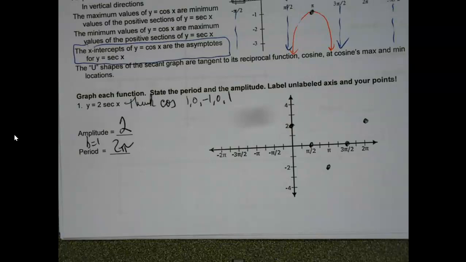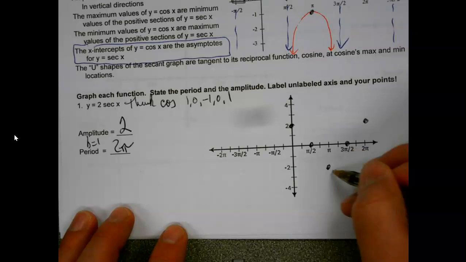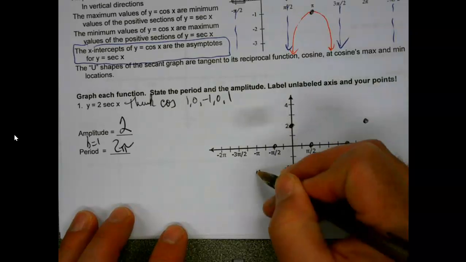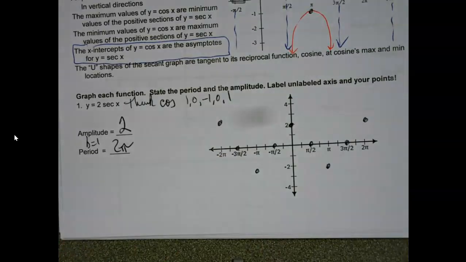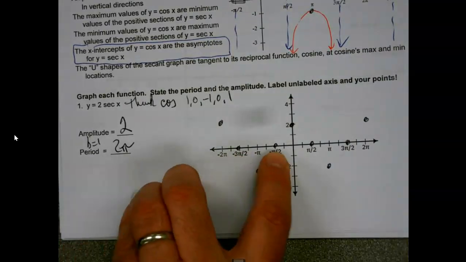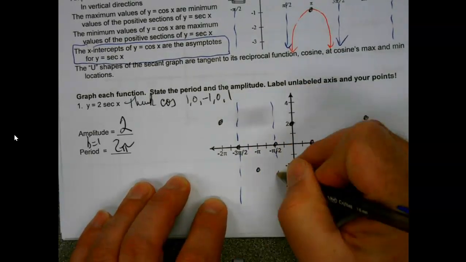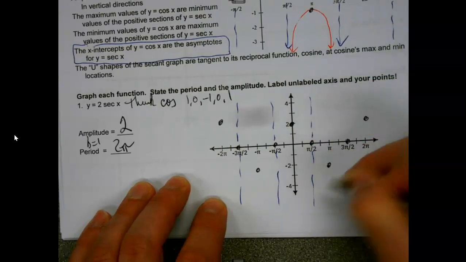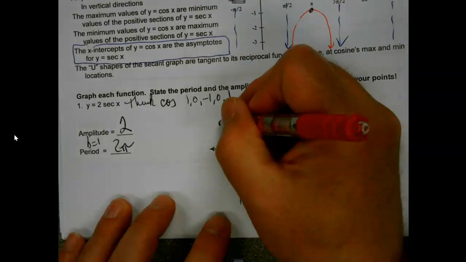Because again, this isn't a cosine graph, it's a secant graph. And so even if I decided, hey, what if I just ran this whole thing? Up and down, up. Everywhere you see an x-intercept is just an asymptote. And everywhere you see a max or a min,